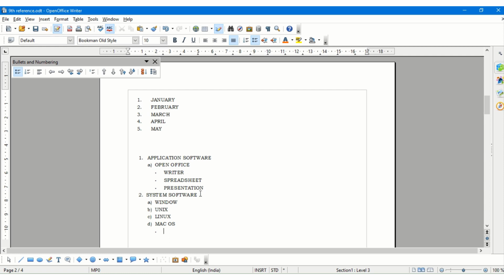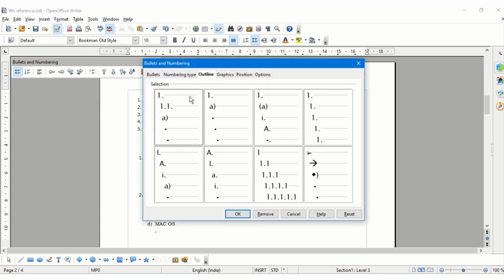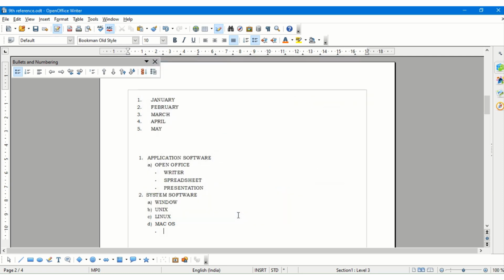So here in whichever category I want, the only thing you have to remember is that you need to first select the text and then click on bullet and numbering and the outlined bullet list like this. This is for a layered numbering list. If I want to in this particular manner, I can get it done. Simple bullets and numbering, and if I want to go back, then I can simply use the backspace button on the keyboard and I can bring my cursor back to whichever level I want to put my numbering. So this is the difference between the normal bullets and numbering and a layered bullet and numbering.